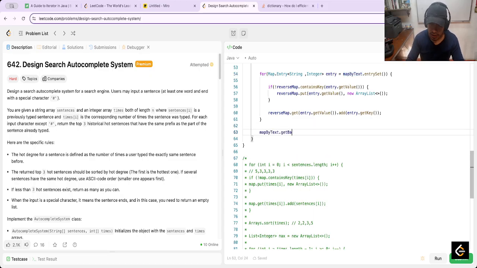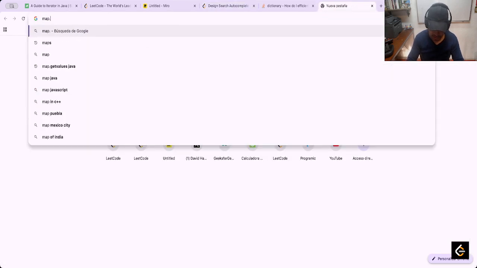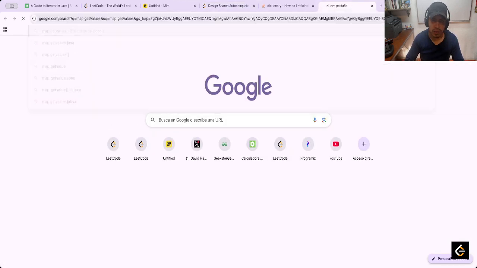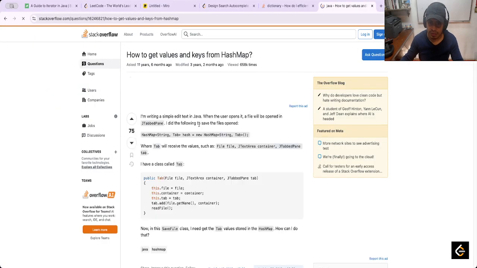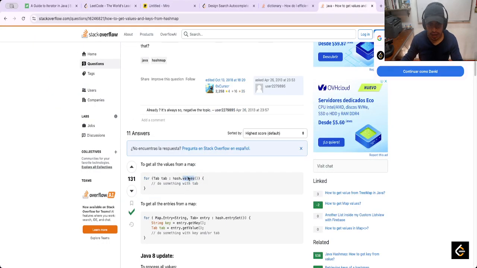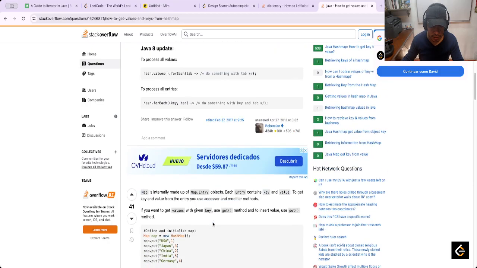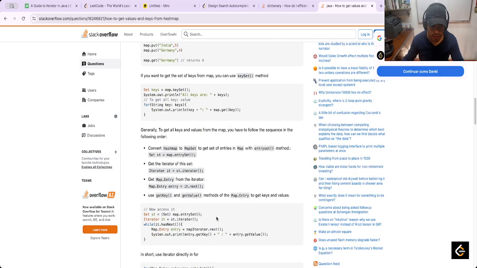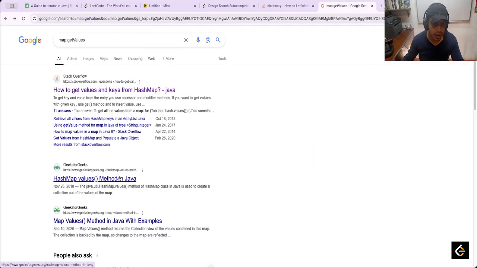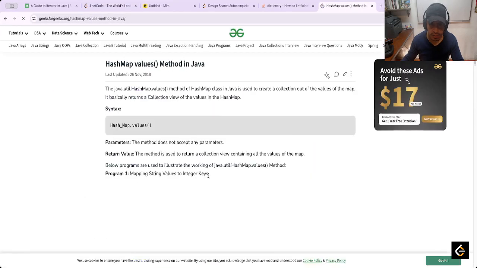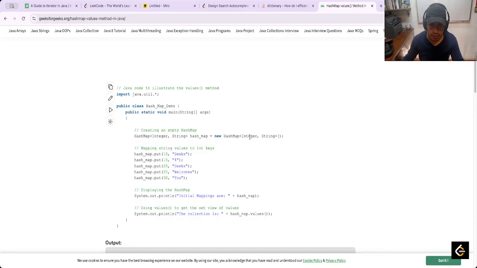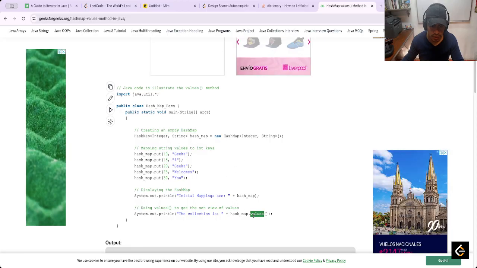These get values, I think that it's map.get values, or is only values. I don't remember. The hash map has a values method. Yeah, and I can save even a string in an array, sorry. Values,